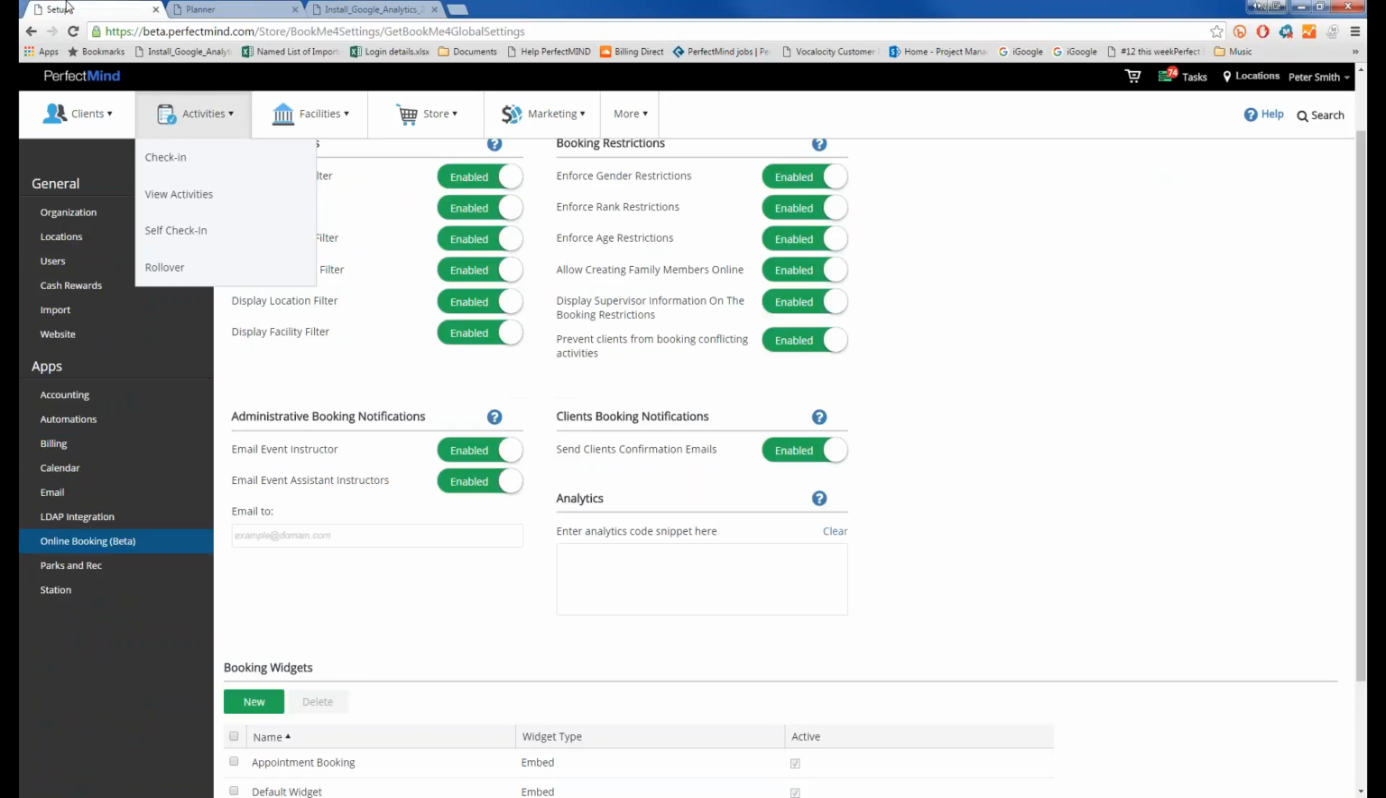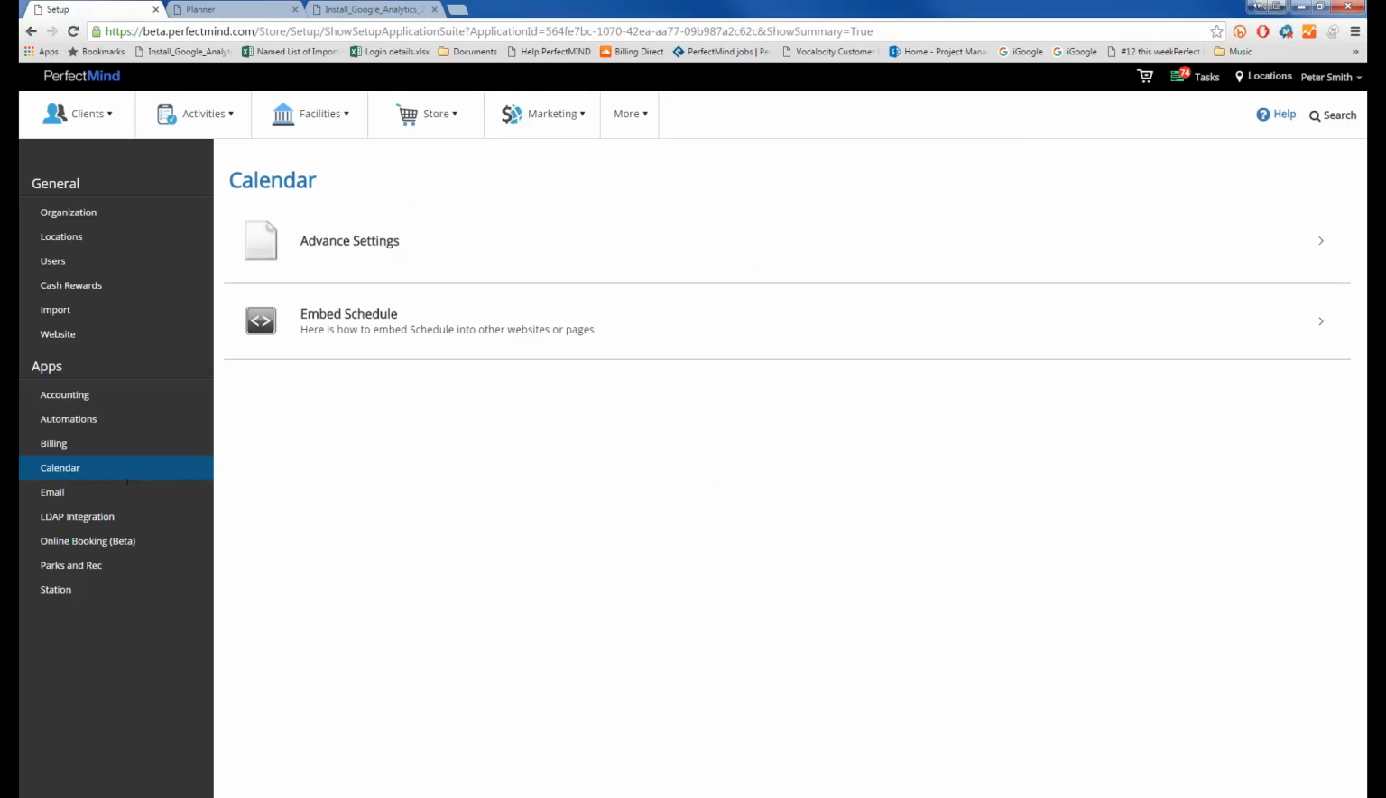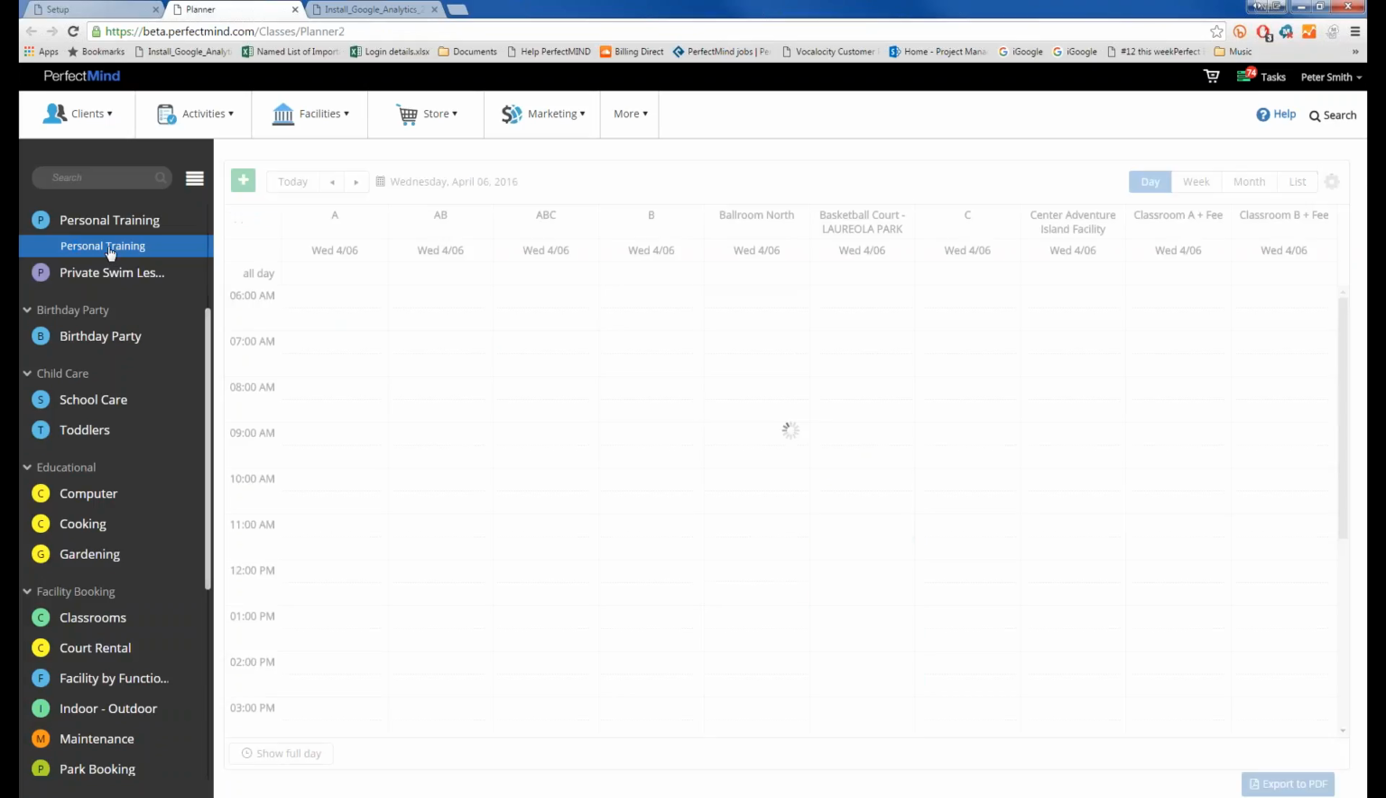So what we've done, we've enabled a new setting under the calendar settings. You can access that by going to Settings, clicking Calendar Settings, and clicking Advanced Settings. Here you will be able to display or hide the X button. Right now in my database, this was disabled. If I enable it and load my calendar again,